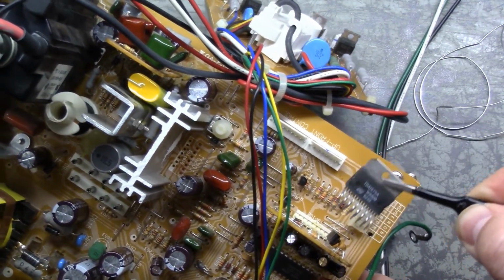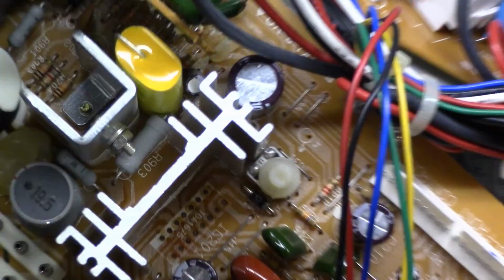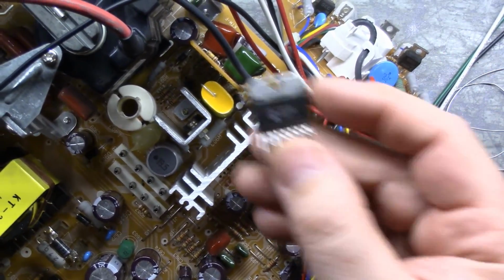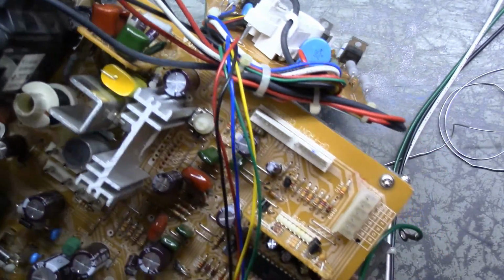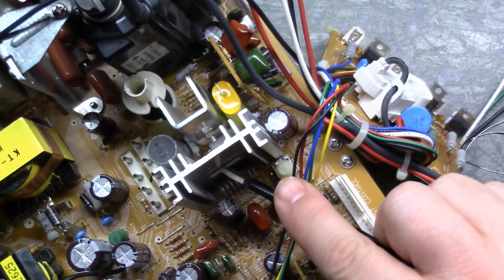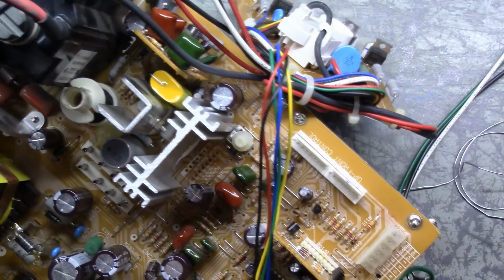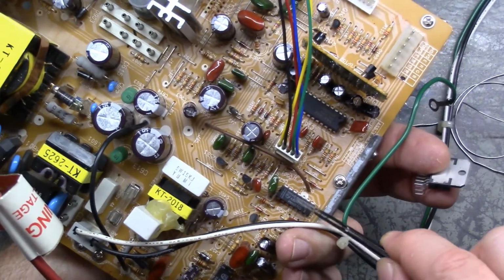TDA1675 alpha. It actually says that on there. Look at that. It actually says right there, TDA1675. So that makes me wonder if somebody put the wrong type of vertical IC in. Huh. Interesting. Well, maybe not, maybe so. Maybe we'll get lucky. But I doubt it. It's never that easy. In my experience, it's almost never the vertical IC. It's always either a resistor, a capacitor, or diode, or something else in the circuit. This other chip right here is part of it as well, this guy right there,